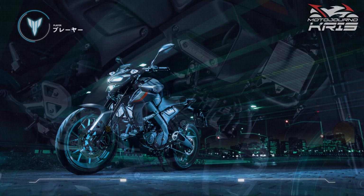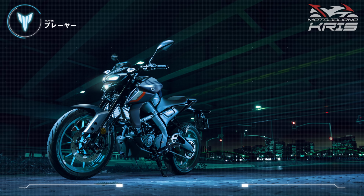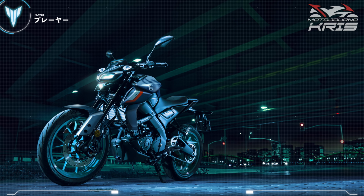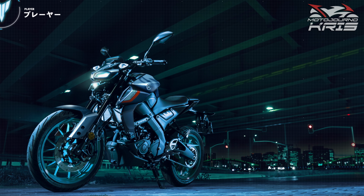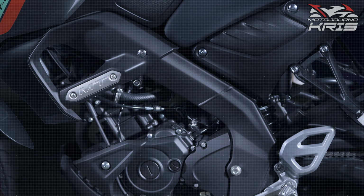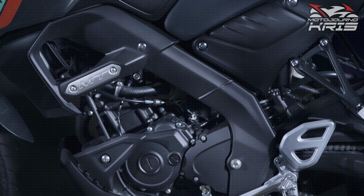I was blown away by how good the little R15 here in Australia is, so I imagine this bike is a page from the same book. Fuel consumption is 2.1 litres per 100 kilometers, which is in scooter territory without having to have the scooter. The fuel tank is also 11 litres, so that's a huge range. The bike only holds just over a litre of oil however, so more frequent oil changes may be a good